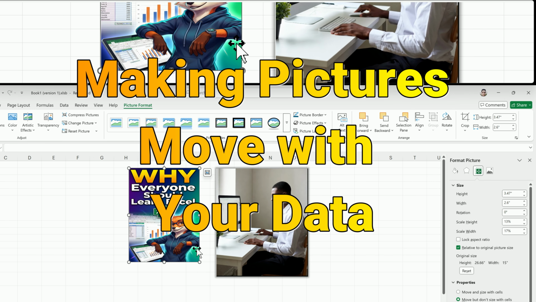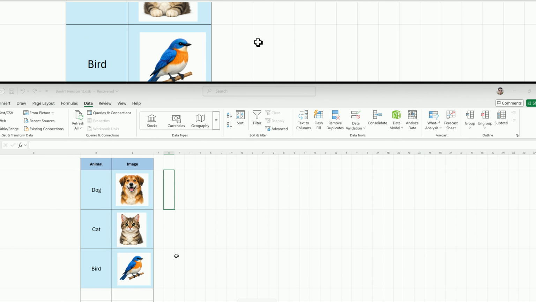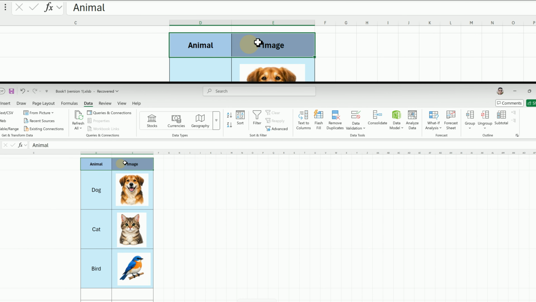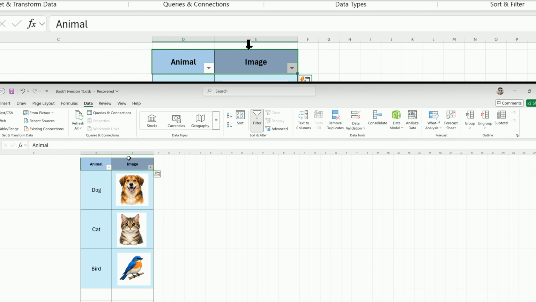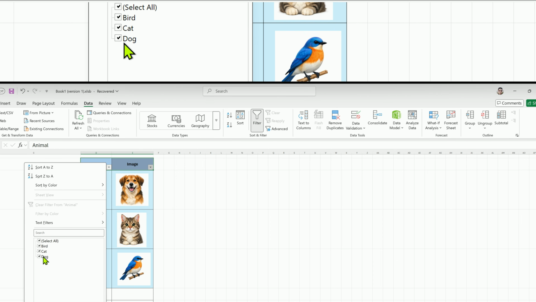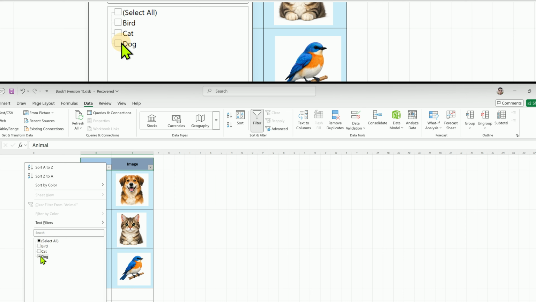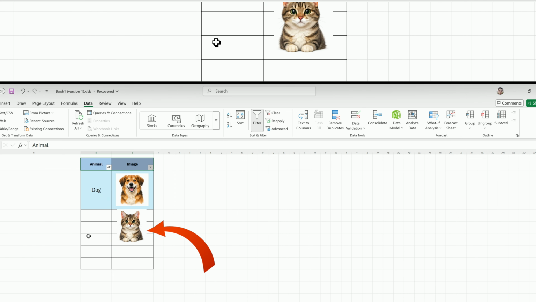Making pictures move with your data. You've got a picture sitting next to a row of data. You apply a filter to your spreadsheet, some rows get hidden, and suddenly the picture is floating in the wrong spot. It stayed put while the data moved around it. To fix this,